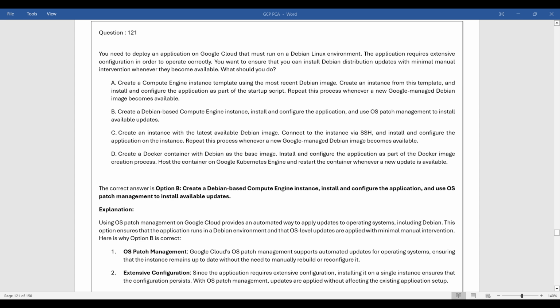A. Create a Compute Engine instance template using the most recent Debian image. Create an instance from this template, and install and configure the application as part of the startup script. Repeat this process whenever a new Google-managed Debian image becomes available. B. Create a Debian-based Compute Engine instance, install and configure the application, and use OS patch management to install available